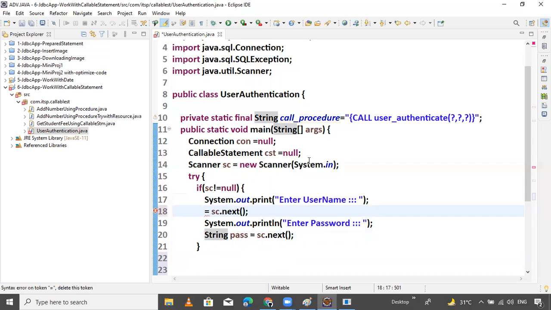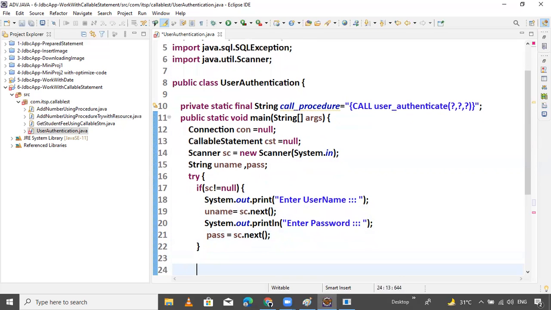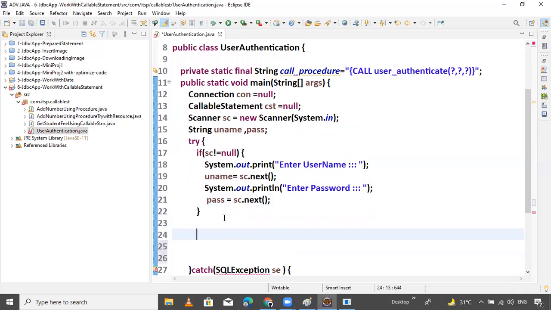Control X, here you can declare, Control V, null, comma, and the pass is there. That's it. A local variable is not initialized automatically; the compiler will not initialize a default value. Now our asking the user is complete.